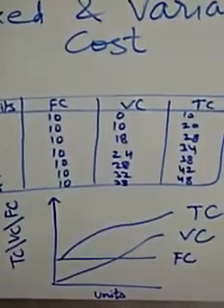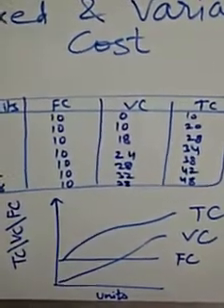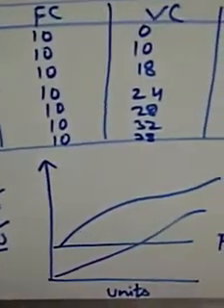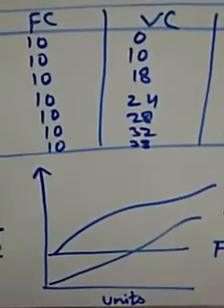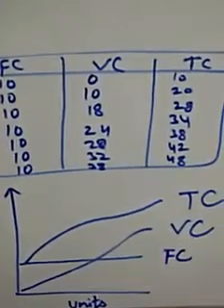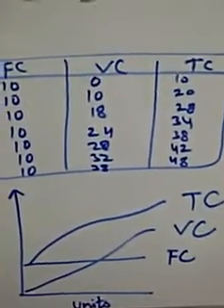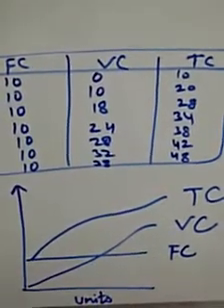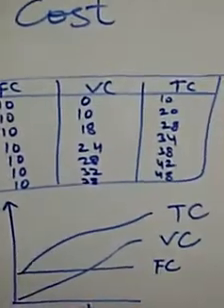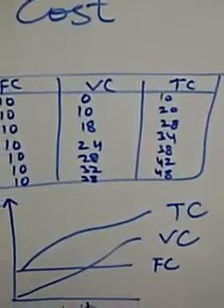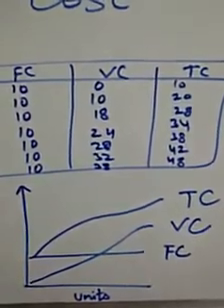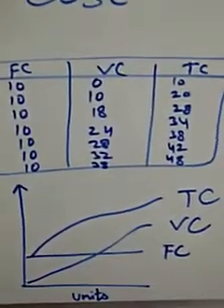Now variable cost increases as output increases. When we increase the output, the variable cost goes upward. As you can see in my diagram, variable cost is at around a 45-degree angle and it rises with the rise in output. Third, TC is parallel to variable cost. In this diagram, total cost is parallel to variable cost.